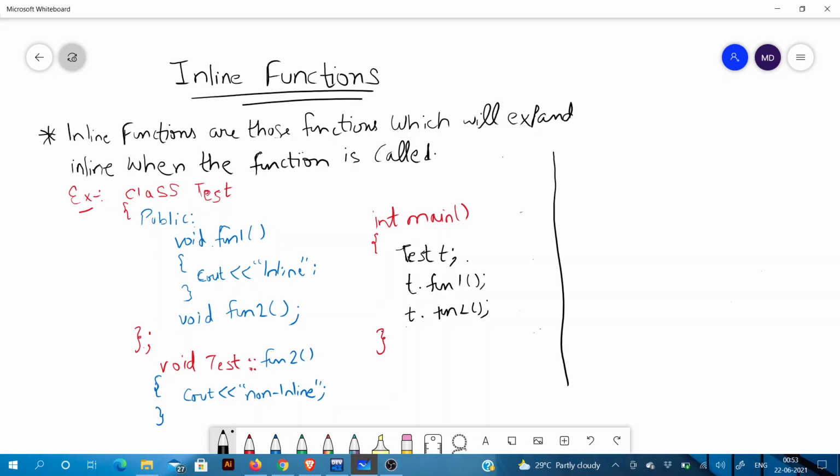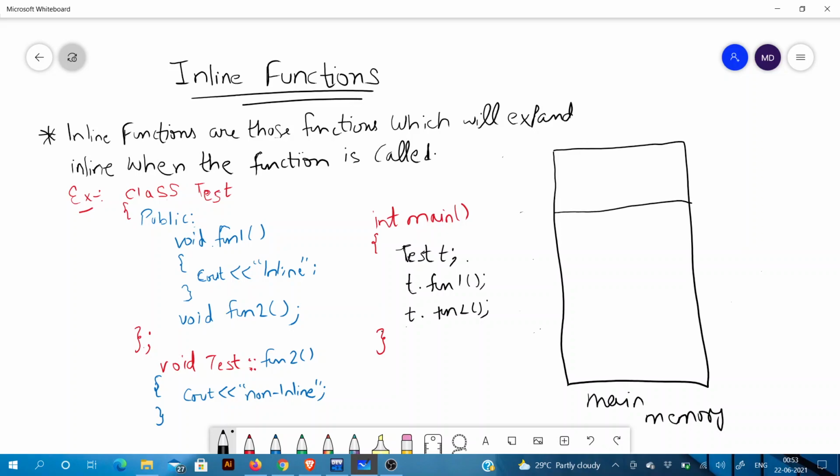As we all know, in main memory we have three sections: heap, stack, and code or main section.